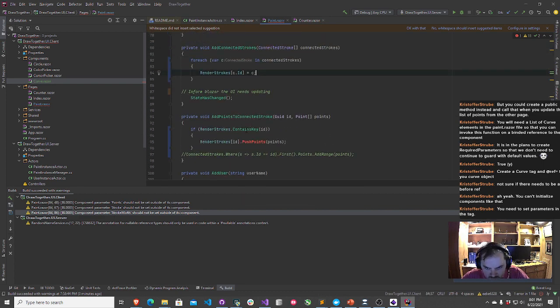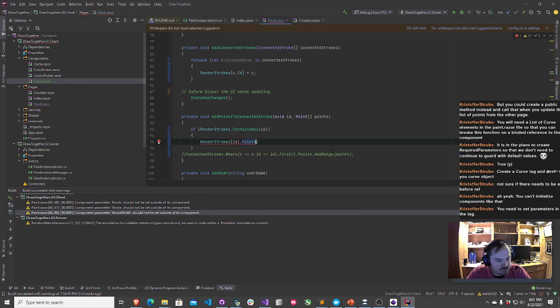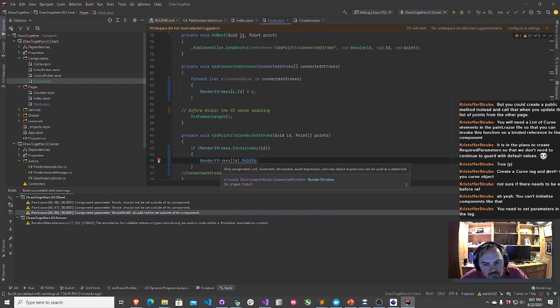And then go ahead and do render strokes. There's got to be some way I can go ahead and modify that element. Yeah, I want like a two-way binding between this. Well, not two-way binding, a one-way binding.